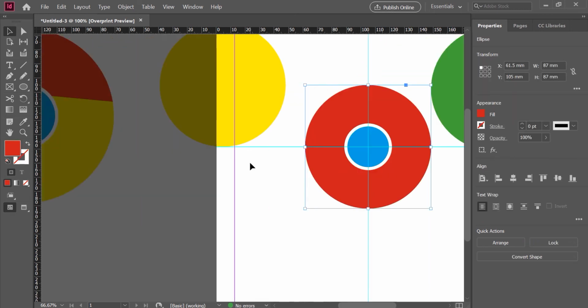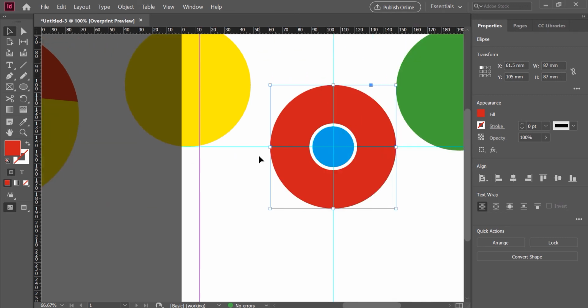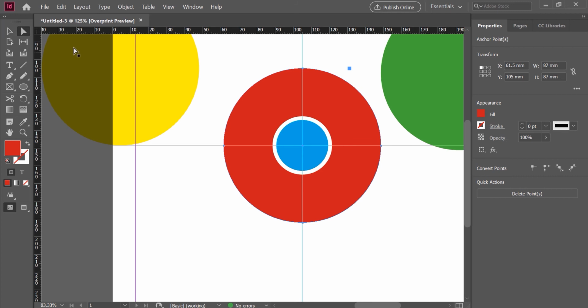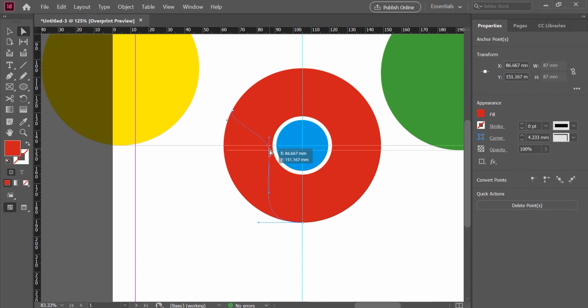this one, if we observe carefully, there's a line from here to here and from here to here. So for that I'm going to need some more points. So using the direct selection tool, if I click here, there are only 4 points there, and the straight line should go from here till here. So for that reason, I'm going to make one more point in this area. Click there once. After doing that, since there's a straight line from here to here, I'm going to make use of this particular point here and bring it till here.